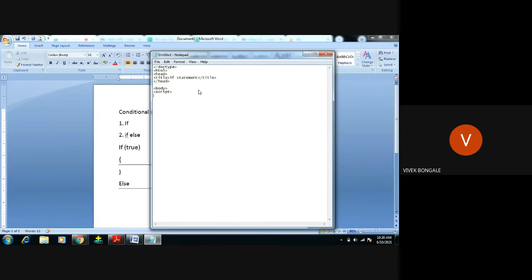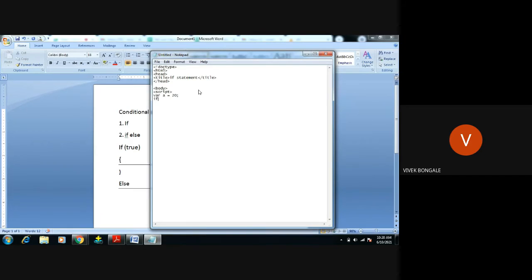Next, script. So here, before checking any condition, first we have to declare the variable. First we have to initialize some variable here, in order to pass that variable value in the conditional statement. So var is the keyword. In order to create a variable in JavaScript, where there is no data type, directly give the variable name equals the initialized value. Some value you give here. I give a equal to 20.